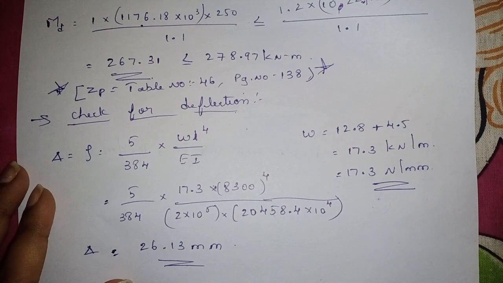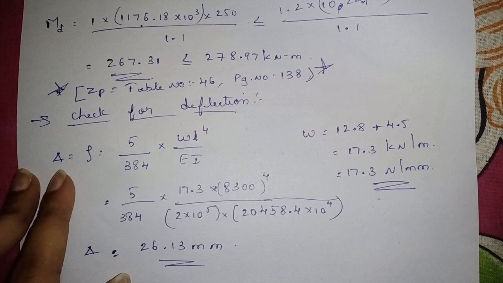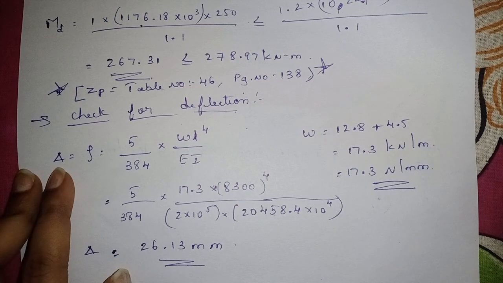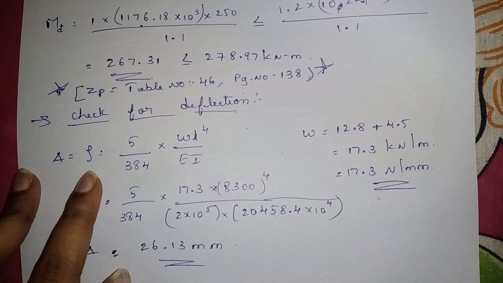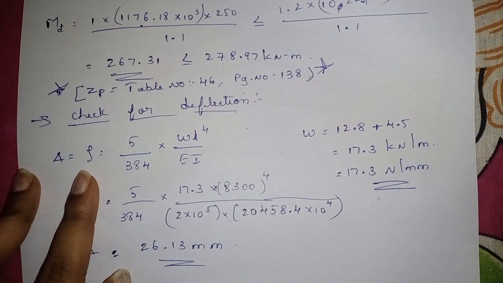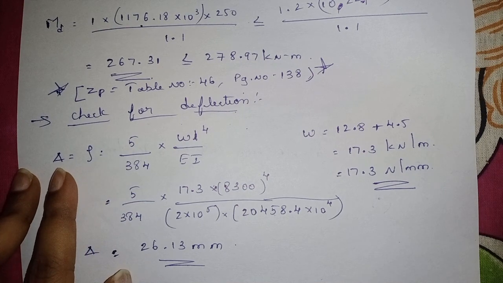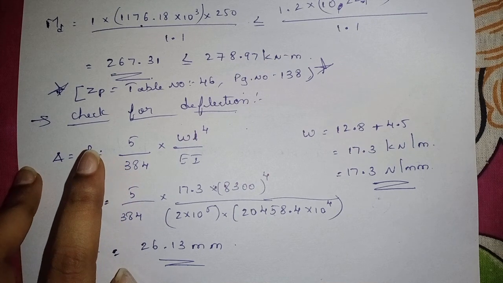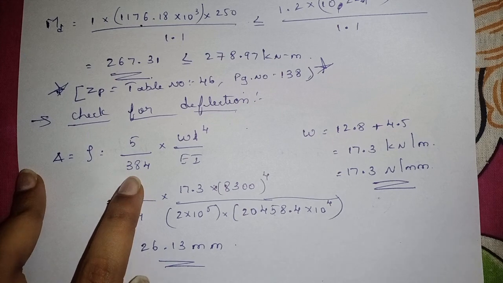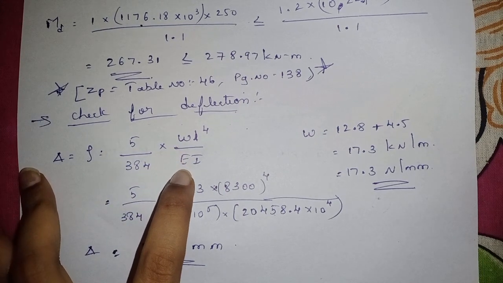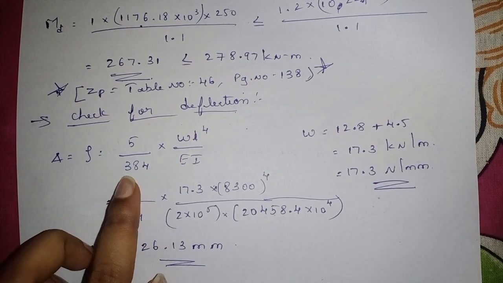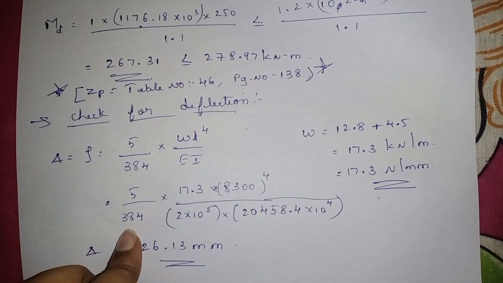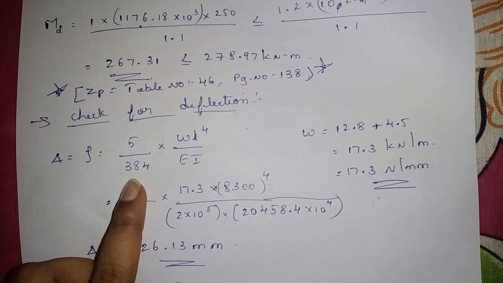Now we'll go for the check for deflection. Now you can write it as lambda, or you can write it as rho. I'm avoiding this rho because we have used the same notation for density of concrete, right? So lambda, or you can use, okay. So you are familiar with this equation, right? 5 divided by 384 into WL power 4 divided by EI. This you have studied in your structures. 5 divided by 384, standard equation for deflection.